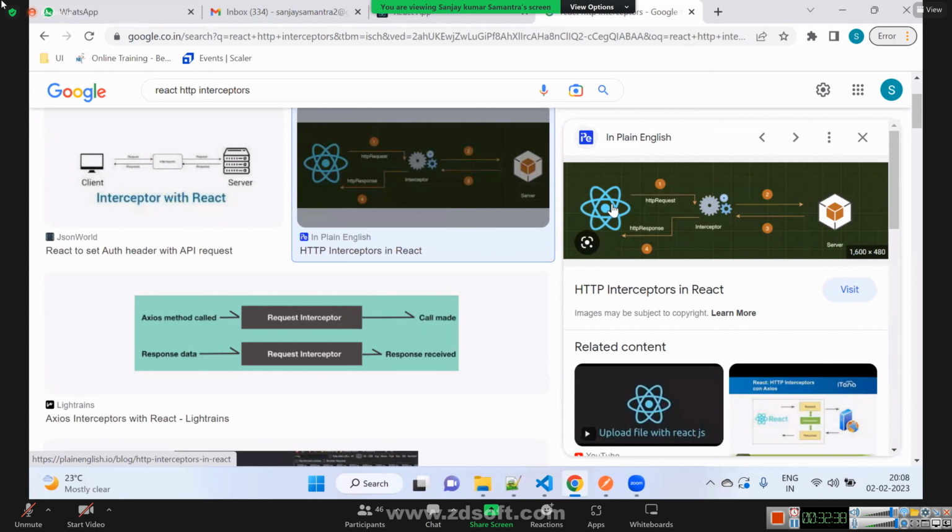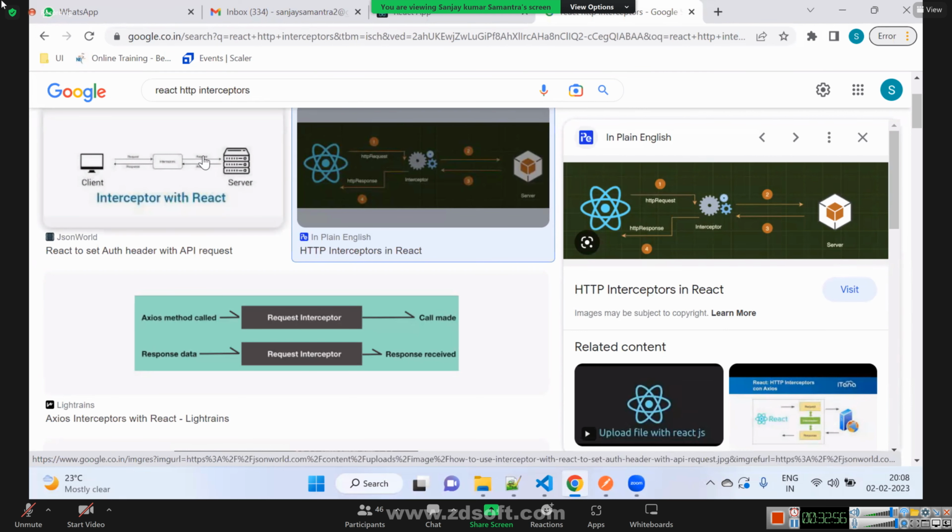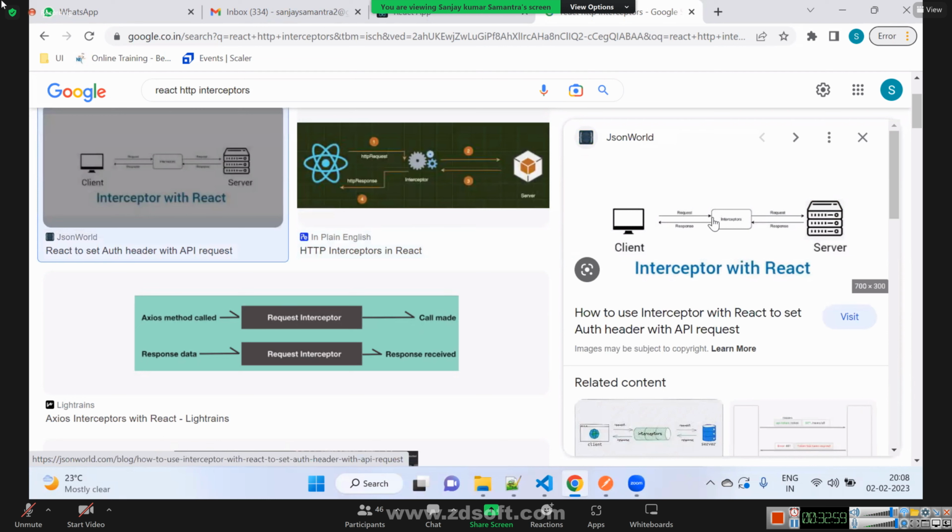Please understand. Now from the React component, we are calling the server directly. But before React calls the server, if we want to write some logic in between, then we will use an interceptor. So the client will send a request.